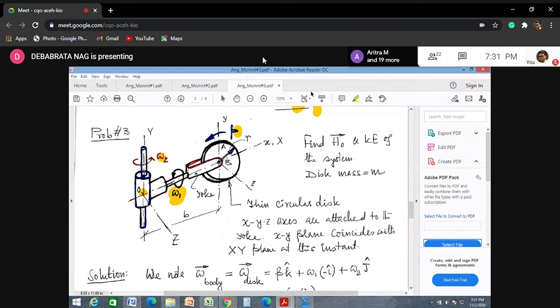So you see, if you look at the geometry carefully, this disk is now having three angular velocity components, unlike problem 1, where it was having two. Now it is having this p, then this omega 1, and then this omega 2. Because this p is about